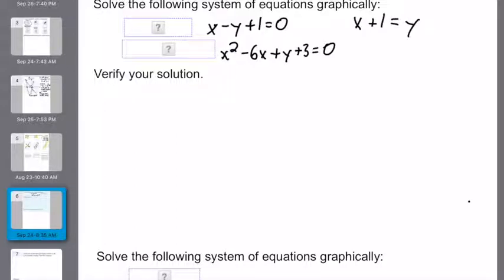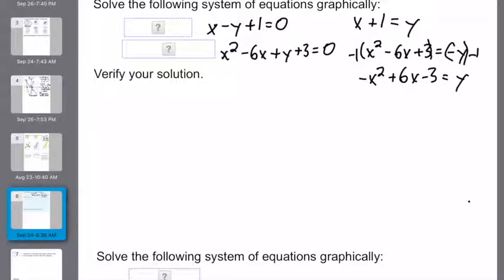equals y. And with that second equation, we could subtract y from each side and end up with x squared minus 6x plus 3 equals negative y. Now it's not great to leave our y in the negative format, so let's multiply both sides by negative 1, which leaves us with negative x squared plus 6x minus 3. Again, that negative 1 has to come into every single part of our equation, and that gets us our positive